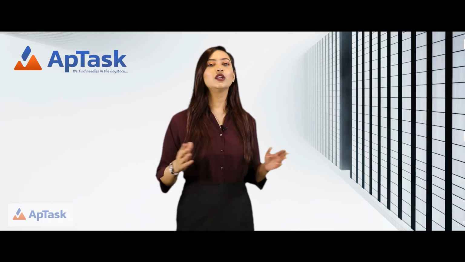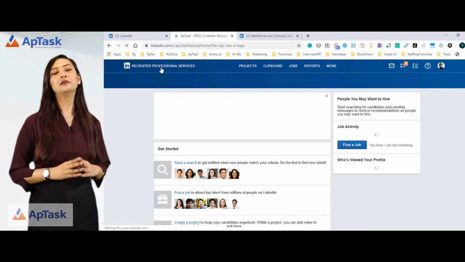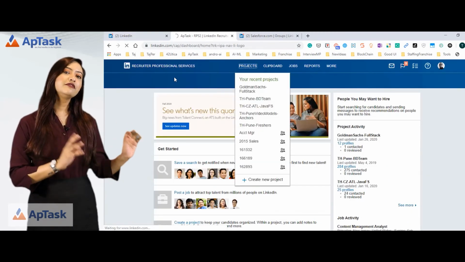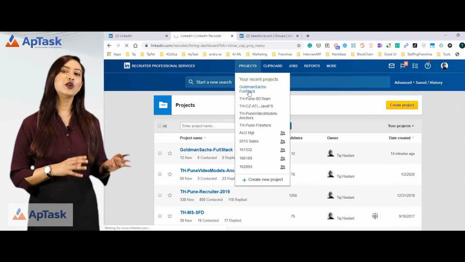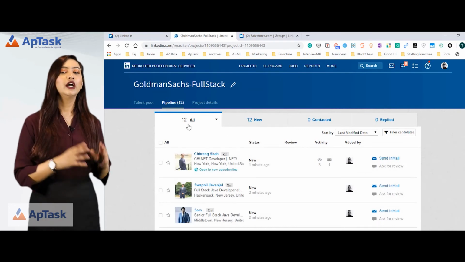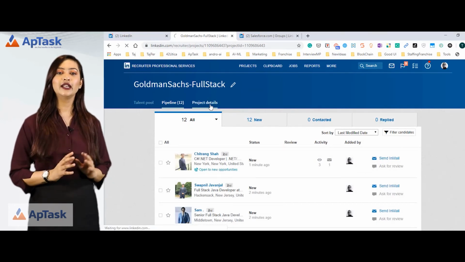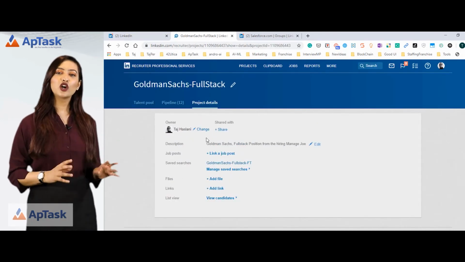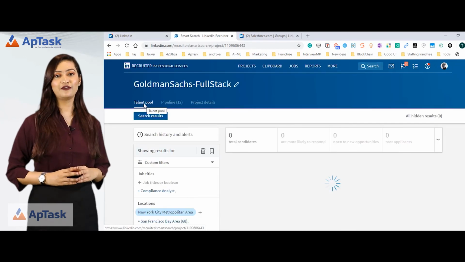With this, I can always go back to my search. If let's say you come back tomorrow, you are in a different project, you have created another project and you want to come back to this project, what you were working on. You can come here, you can see all the 12 people we had in the pipeline. The project details are here and all that information you were looking for.